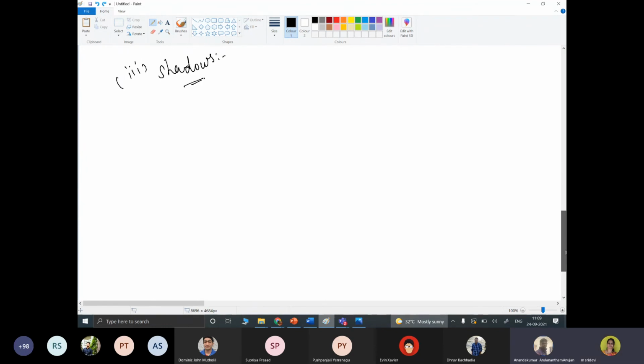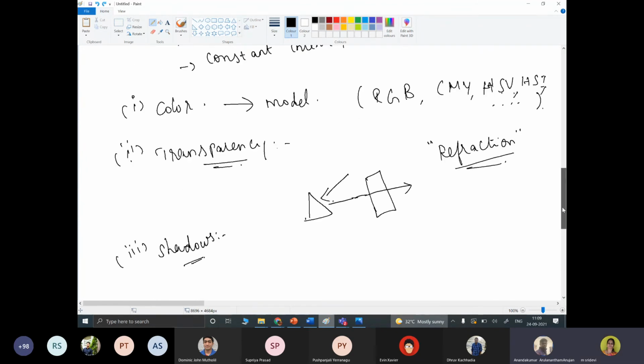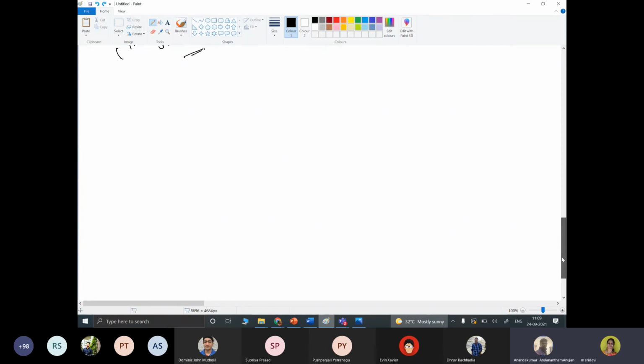So for now we will be moving on to the main topic called rendering. There are two different rendering algorithms we are going to discuss. The first rendering method is the polygon rendering method.